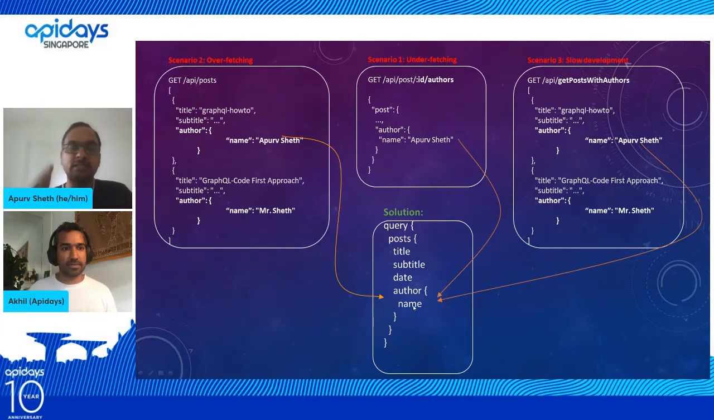If I don't need author, then I will simply not choose that attribute. So there is no change in the backend API, no change in the backend logic, and no dependency. Assume there is a dependency on a REST API. Then what will happen? If we change one of the APIs, it may impact the other APIs as well. Whereas in this case,